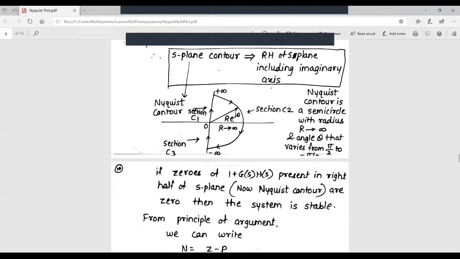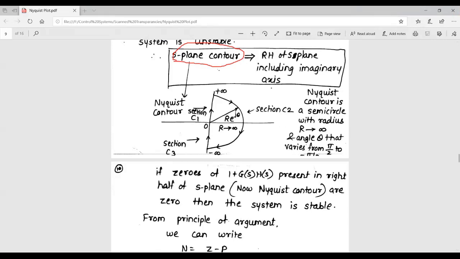Okay, so this is S plane contour. Now what we are doing is we need to understand that we need S plane contour which will be mapped to f of S plane, right? So this S plane contour is called as Nyquist contour, and as we have discussed, we need to check the presence of zero of 1 plus GSHS in the right half of S plane. We will consider the whole right half of S plane as the Nyquist contour as shown in the diagram. So this right half of S plane is assumed to be a semicircular area with radius r which tends to infinity, and this is r e raised to j theta, where theta is the angle